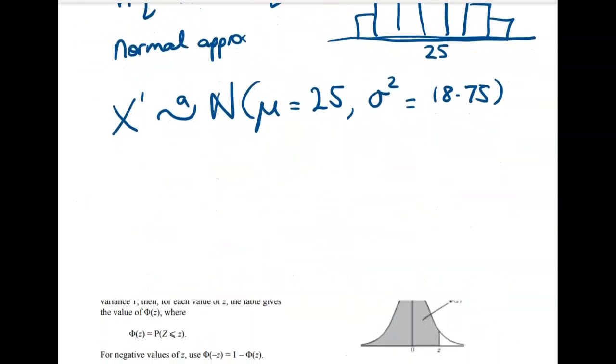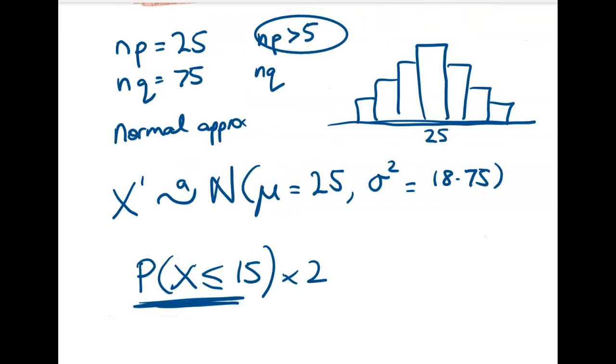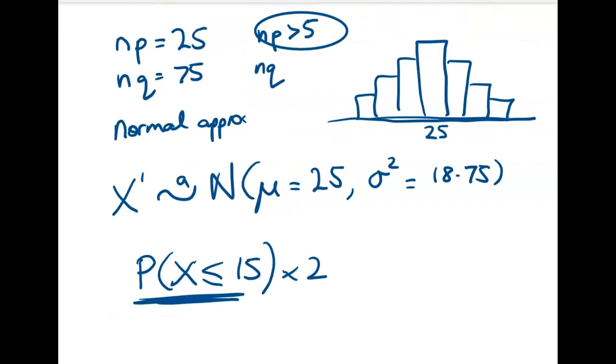Now I'm doing this using a p-value approach. You could also do it using a critical value approach, but what I'm going to work out is the probability of getting 15 or fewer balls thrown into slot A. I'm going to work out that probability, and then I'm going to times it by 2, because we're working with a symmetric distribution. So what we're saying is that if we see 15 or anything less, that's equivalent to